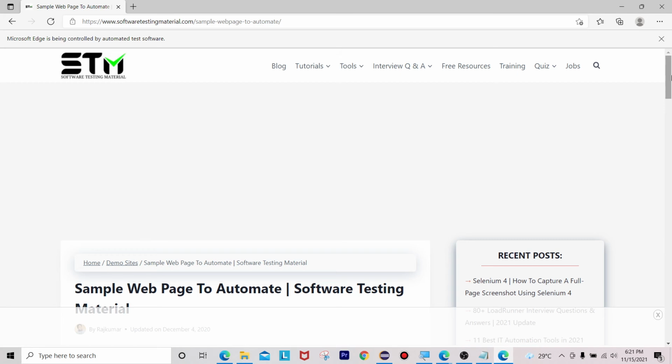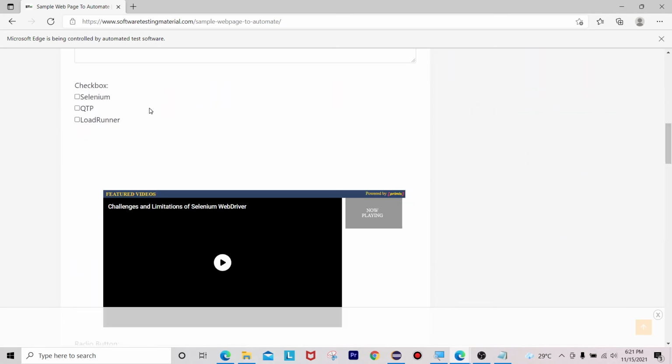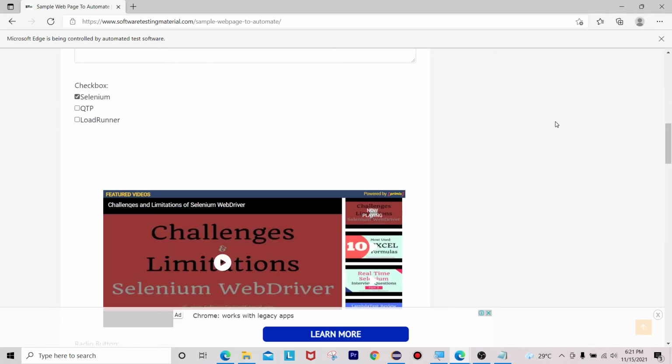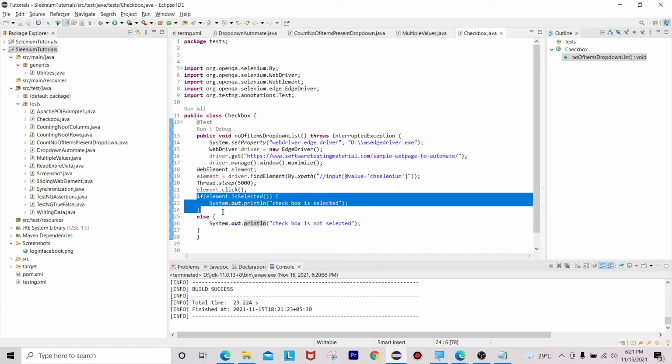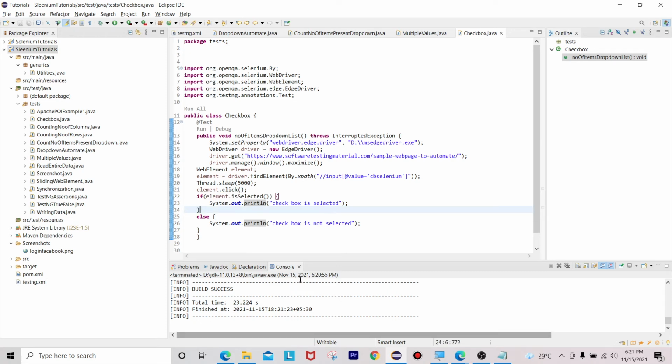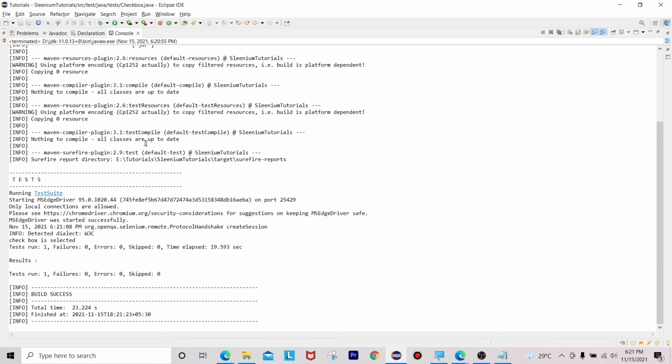After maximizing, you can see here it is going to click on that particular web element. Now it is coming to this line, it will print the checkbox is selected. You can see here the checkbox is selected.